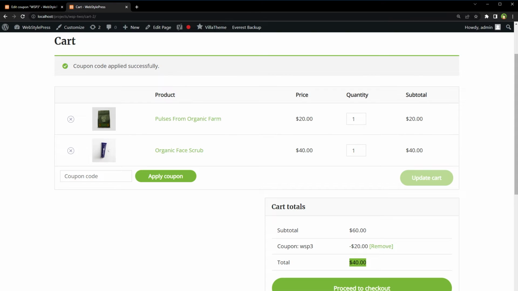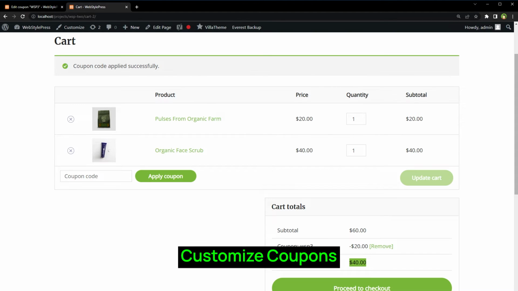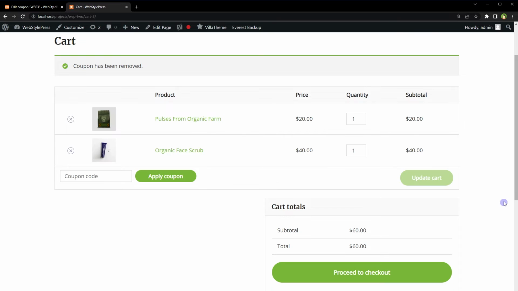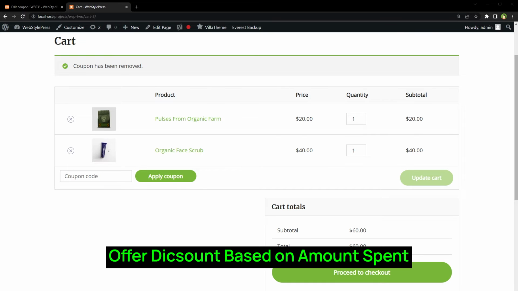Okay, we have seen how to create coupons and give discounts on products in a number of ways. Now let's customize our coupons. First, let's remove this coupon. Now let's see how we can offer a discount on a minimum amount spent by the customer.